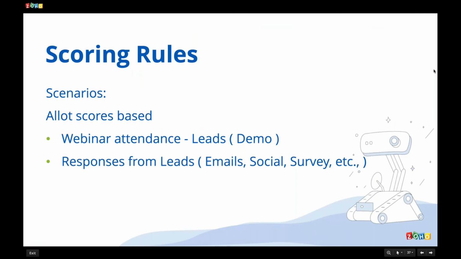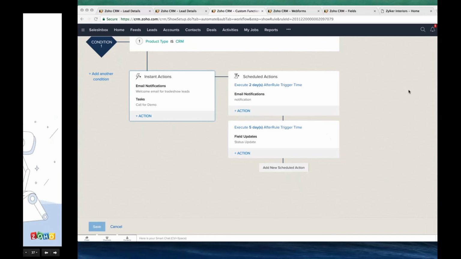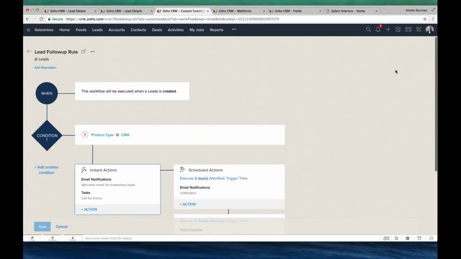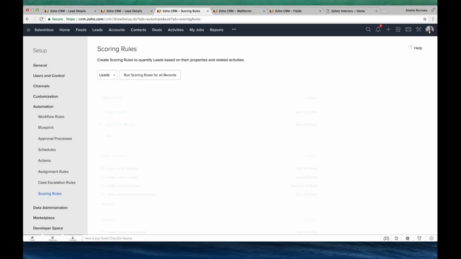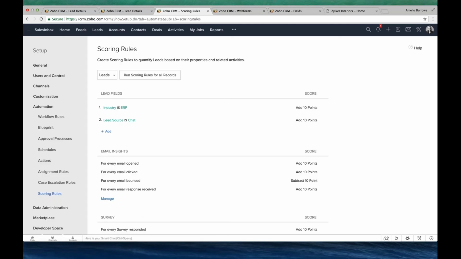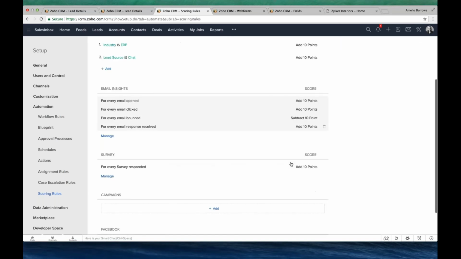We're back. Okay, let me go to the scoring rules demo. For this, again go to the setup, the automation section. You could see scoring rules. I'll quickly brief what I have done.